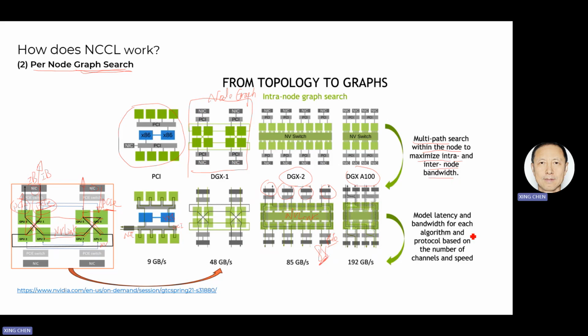Okay, this is what it tries to do. It models the latency and the bandwidth for each graph search algorithm and the protocol, based on the number of channels and speeds. That means the final latency and bandwidth you can get for each algorithm. So we can see that, because for this one,